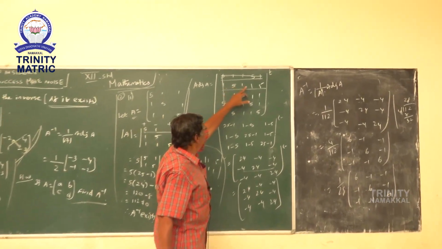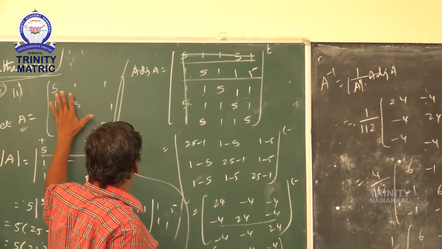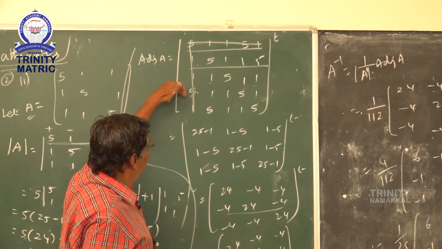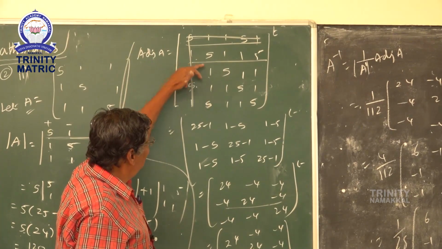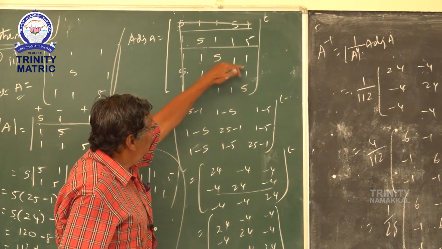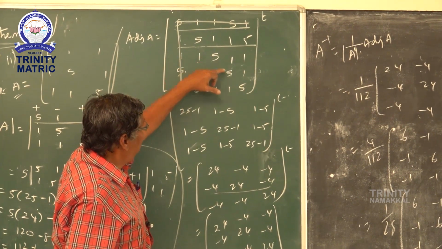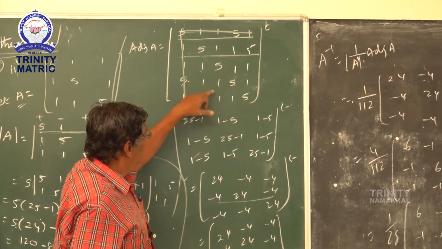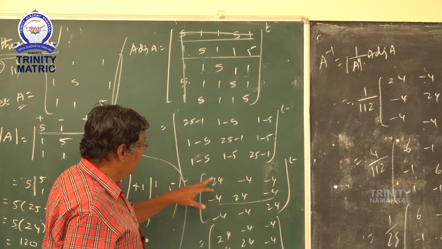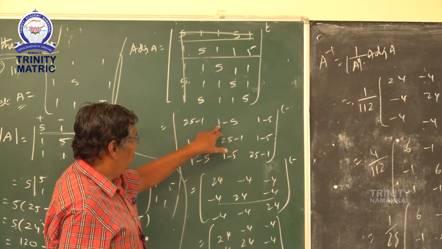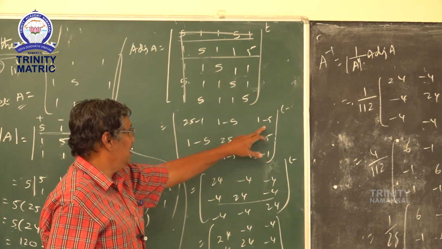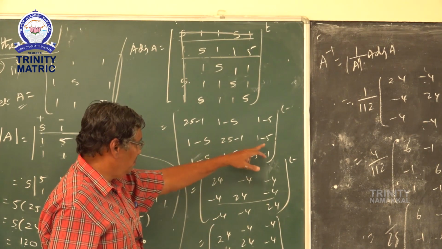The given matrices should be written, and then write the first two columns at the side. Then again you have to write the bottom two rows, and then you have to find the determinant value. How will you find it? 25 minus 1, 1 minus 5, 1 minus 5. Again 1 minus 5, 25 minus 1, 1 minus 5. Like that, 1 minus 5, 1 minus 5, 25 minus 1. So you know the calculation. 25 minus 1, 24. You have to be very careful. 1 minus 5, the negative sign is greater, so minus 5 plus 1, minus 4. Like that here also, minus 4. All things are the same. 24, minus 4, minus 4.